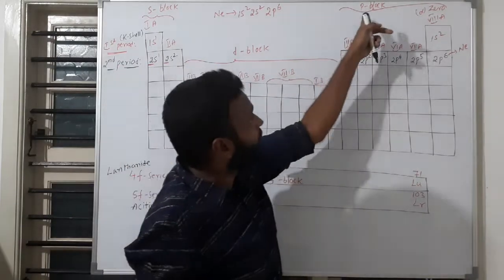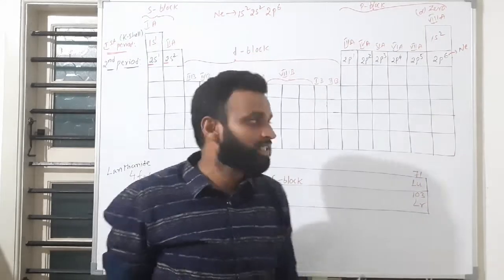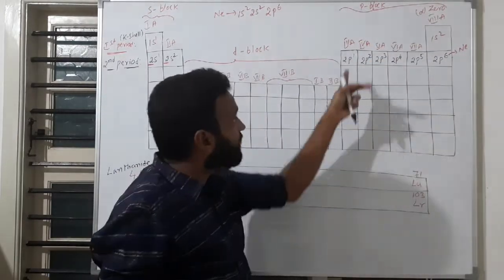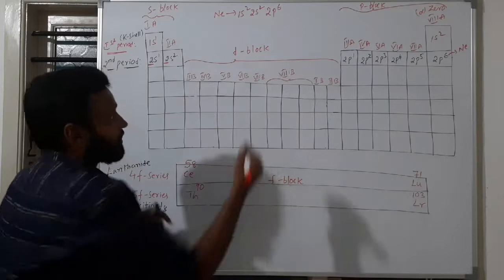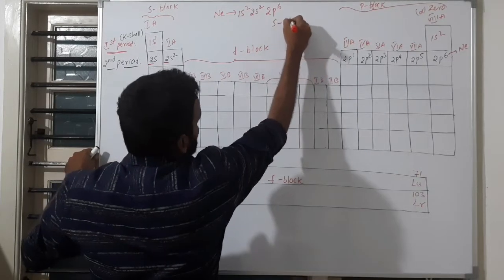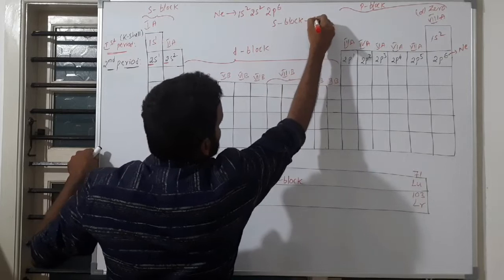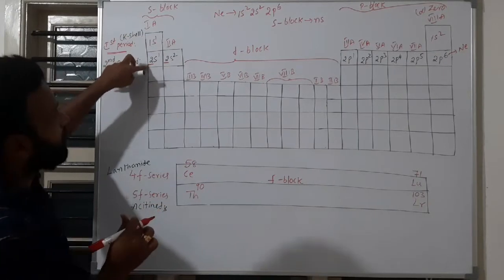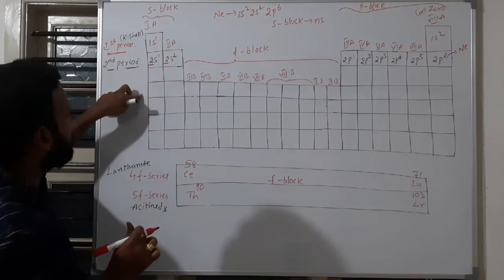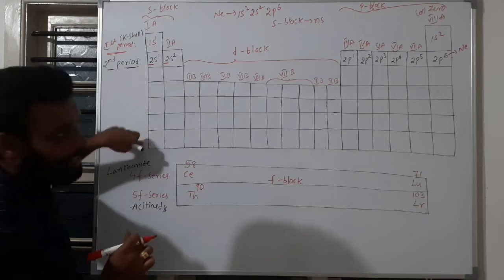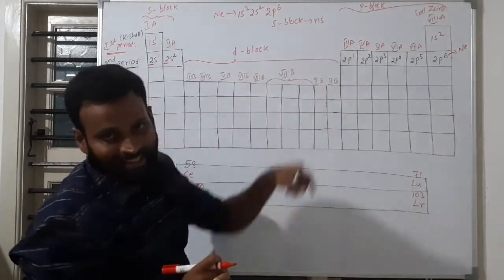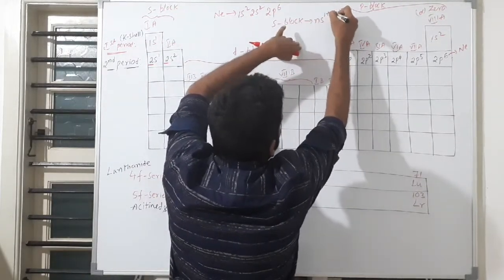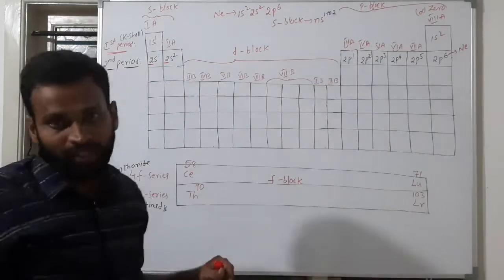Whereas coming to the p block, the configuration is from p1 to p6. Now I can give the general configuration of this p block. What is the s block configuration in general? Simply I can use n. Here 1 you have, here 2, here 3, here 4, here 5, here 6, here 7. So that's why in general I am writing ns. So ns1 to 2 is the s block general configuration.